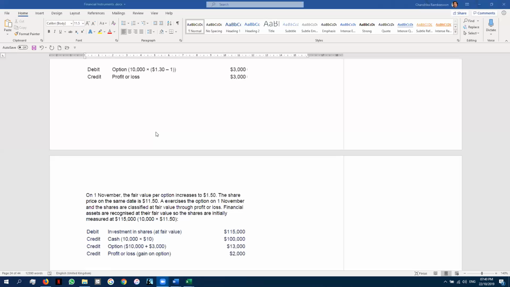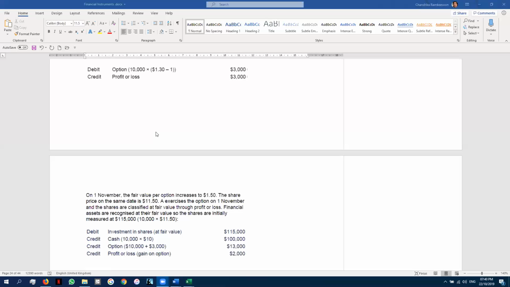That's why here you've been told the share price is $11.50. A exercises the option on 1st November, and the shares are classified at fair value through P&L. Financial assets are recognized at their fair value, so the shares are initially measured at $115,000. The double entry: debit investment in shares, $115,000 fair value. Credit cash,